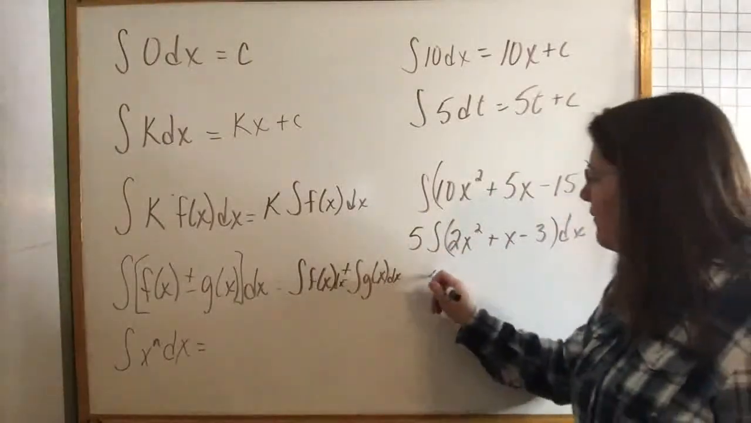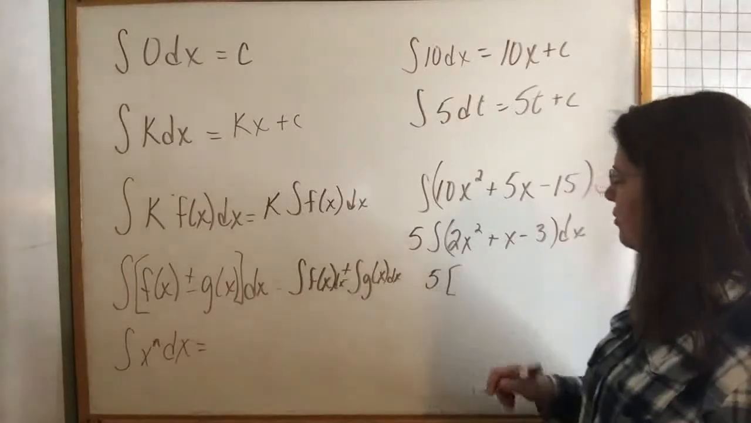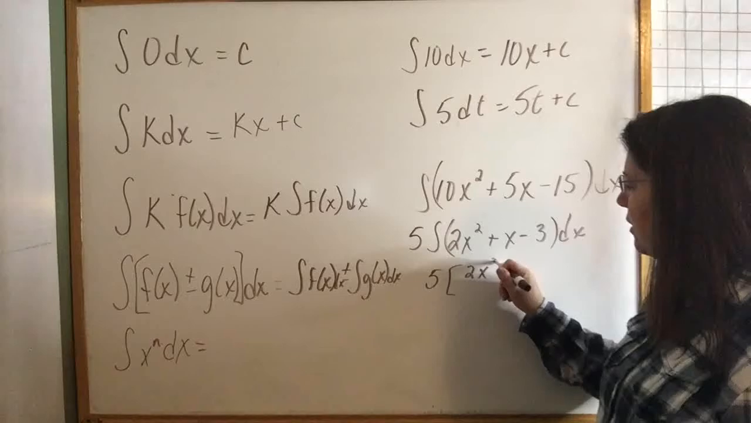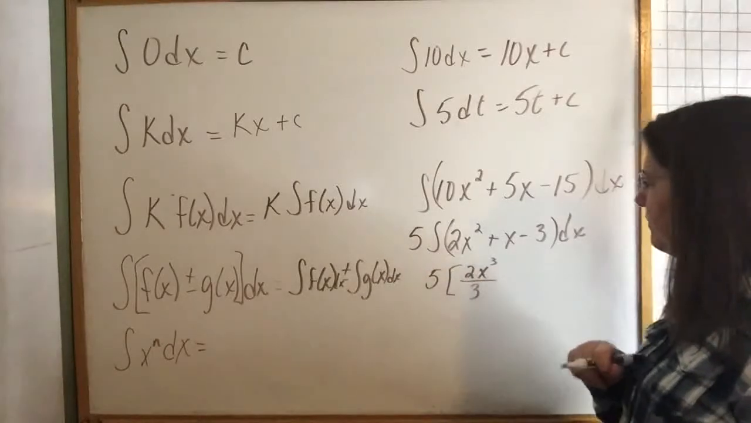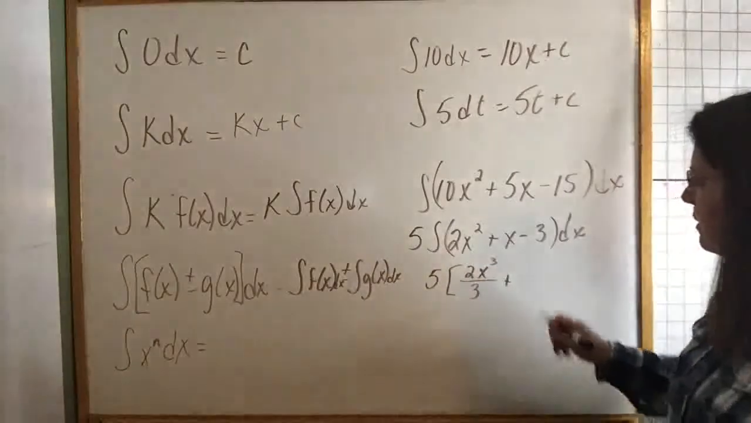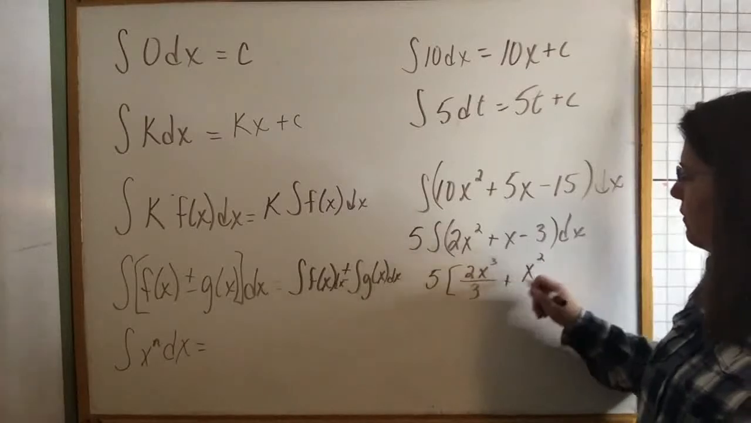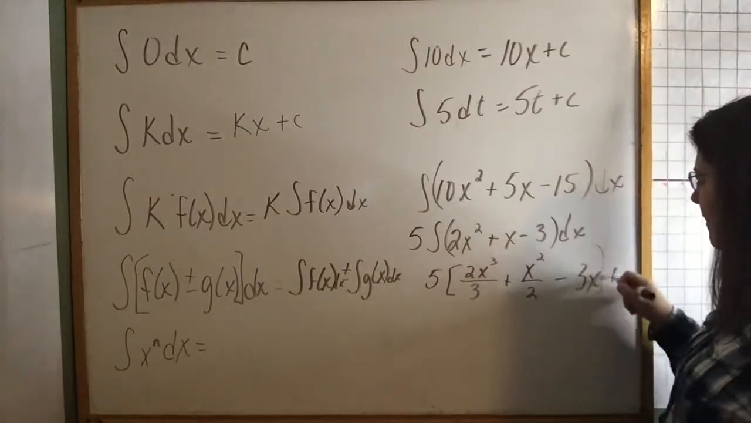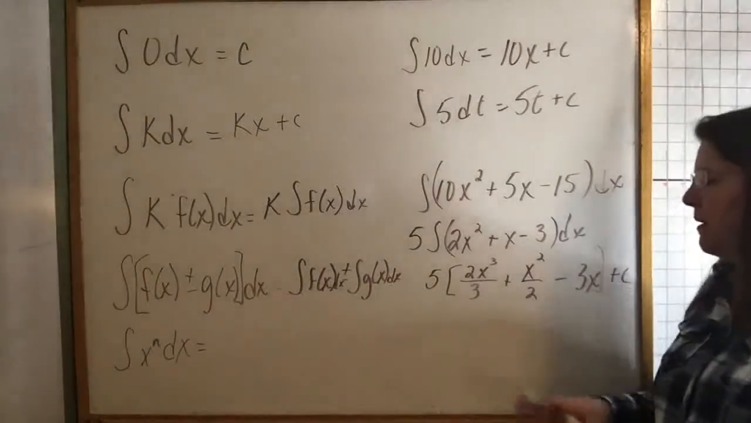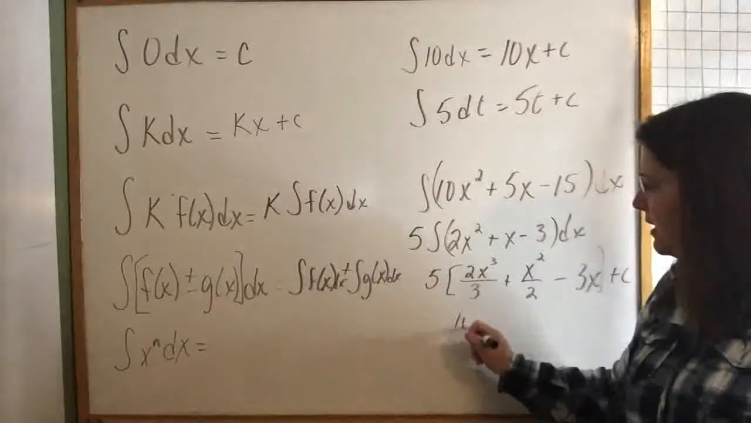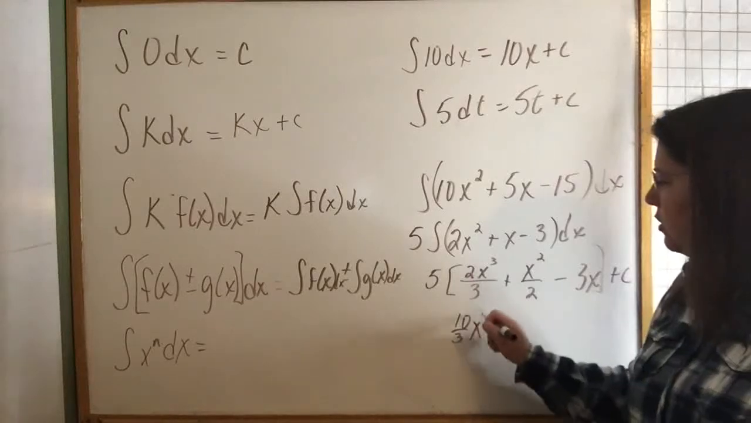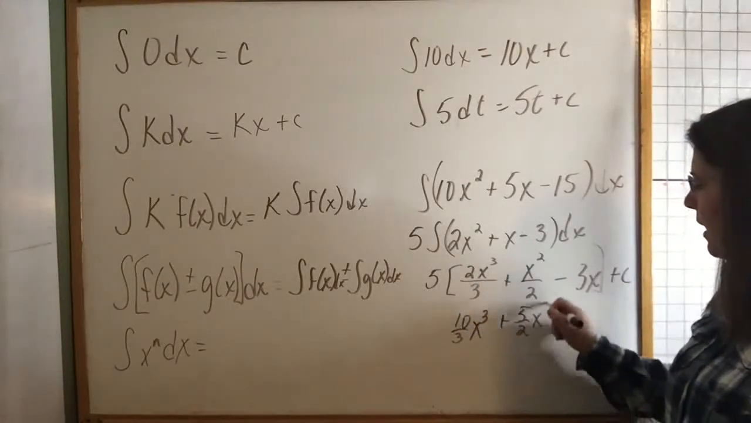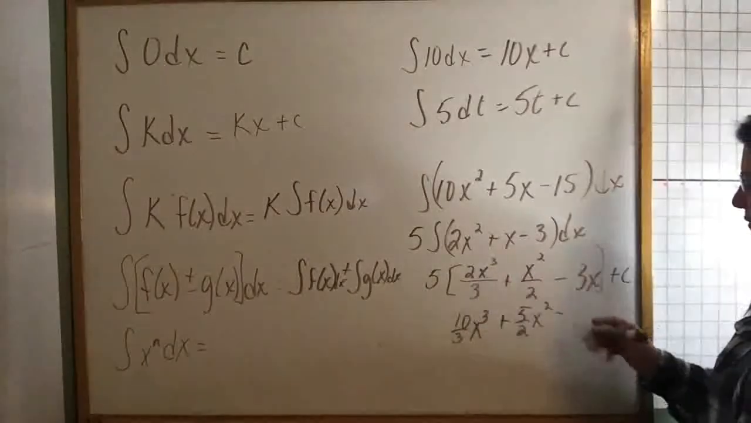So if I do that, I'll have 5 times, and then my answer would be, I'm going to keep the 2, add 1 to the x squared, so that would be x cubed over 3, plus x squared over 2 minus 3x. I have to have my plus c. And then if I multiply, I would have 10/3 x cubed plus 5/2 x squared minus 15x